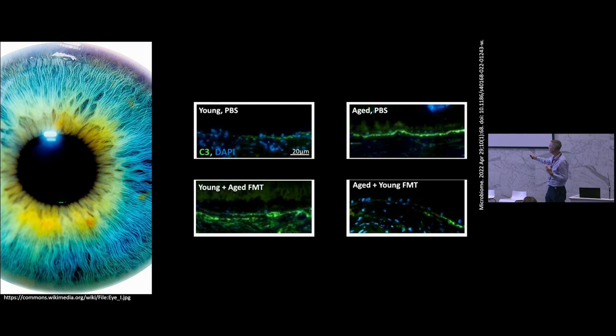Now, if you take a young mouse and you give it a fecal transplant into its gut from an old mouse, then you can see, unfortunately for this young mouse, you then generate all this inflammation. You haven't done anything to its eyes, but you're affecting what's happening in its gut, and these two things are linked. But really interesting and excitingly, if you do the reverse, if you take an old mouse, which we know normally has lots of inflammation in its eye, and you give it a fecal transplant from a young mouse, you really reduce that inflammation. They also get less stupid, which is good, when you present them with cognitive tasks.